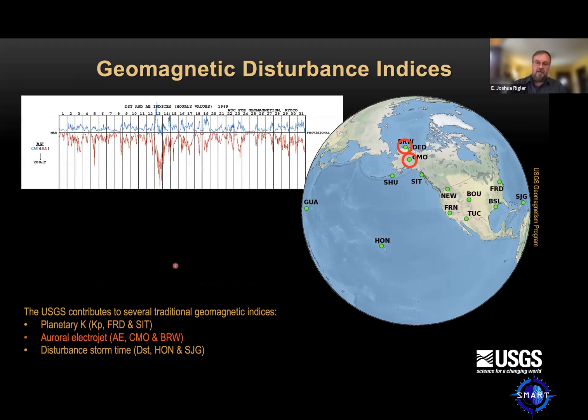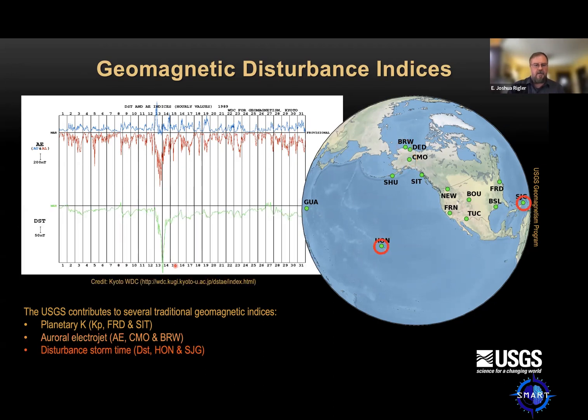Another index is the auroral electrojet index. This is an index of high latitude observatories. And so our College and our Barrow sensors actually contribute to this. I think, if I remember, there's maybe 12 sensors that contribute to the standard auroral electrojet index. And so 2 of the 12, that's a significant contribution. But these are actually measuring the influence of high latitude ionospheric currents that are flowing and are related to the aurora that we see up in Alaska and northern Canada, and also over Russia to a large extent, and Scandinavia.